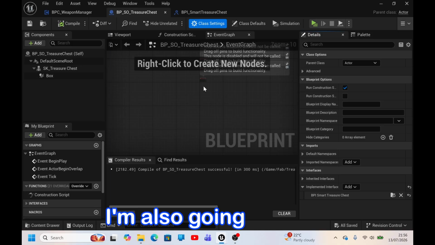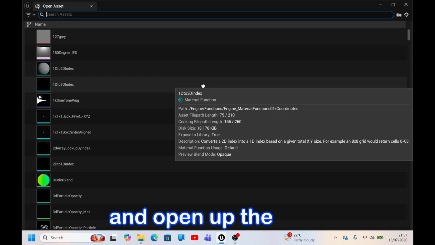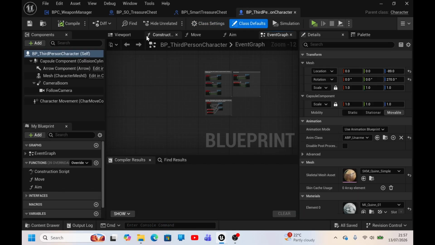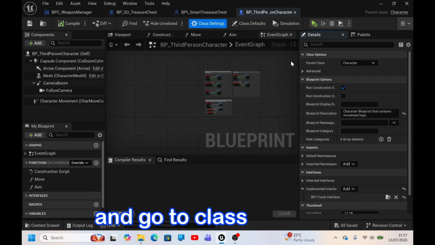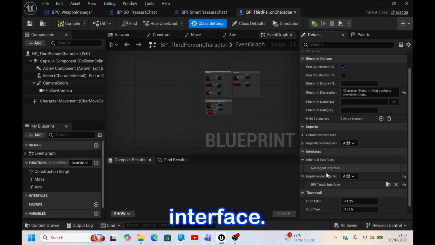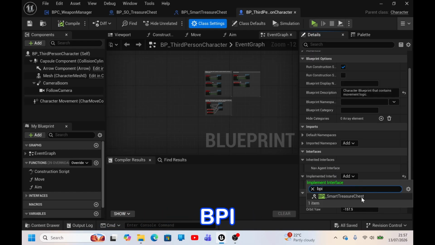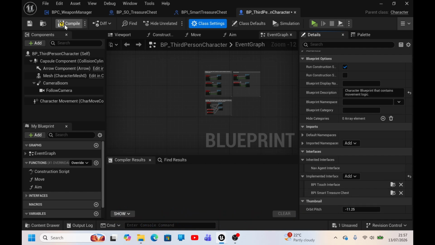And I'm also going to Control P and open up the third person character and go to class settings, interface, add BPI smart treasure chest,